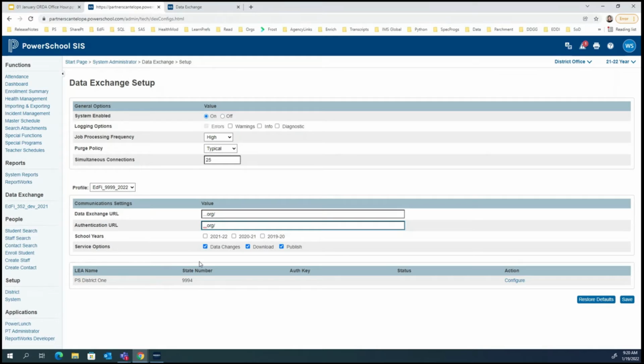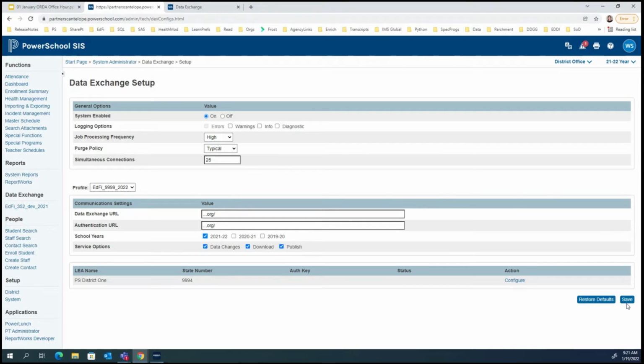Now down here, you'll notice we have school years. If you are on the correct, or I should say minimum, state reporting version that we had in these slides, and I think we could share those if you needed them, then you should have this 21-22 option. If you don't have that, then check your state reporting version. You're just going to click the 1 year, so we're doing this connection by year. And for the service options down below, we have these checked and we're going to leave those checked. Then we're going to click save.